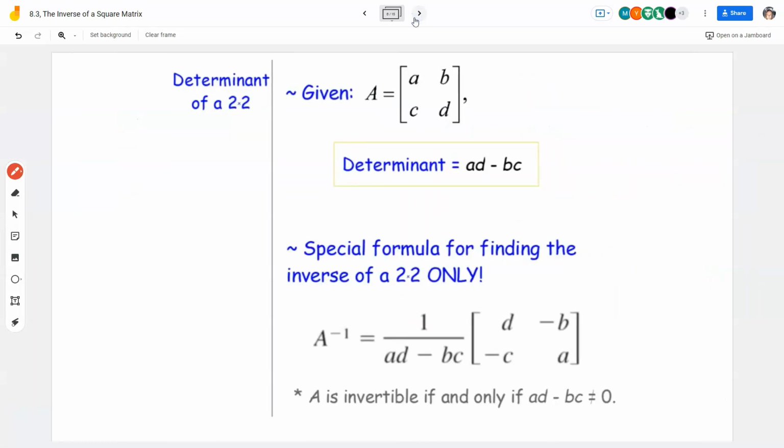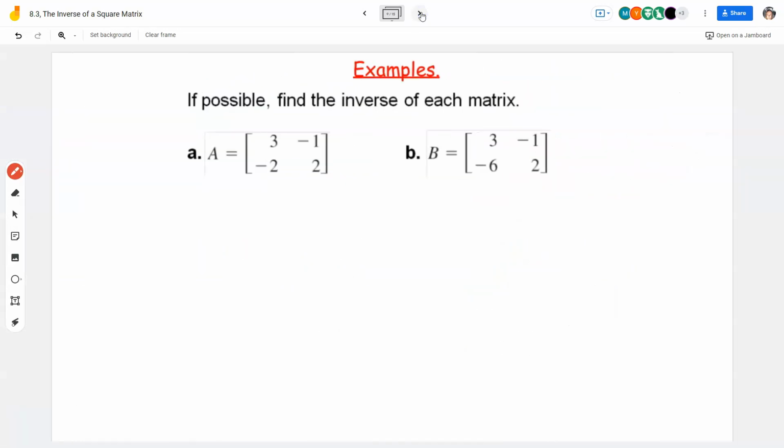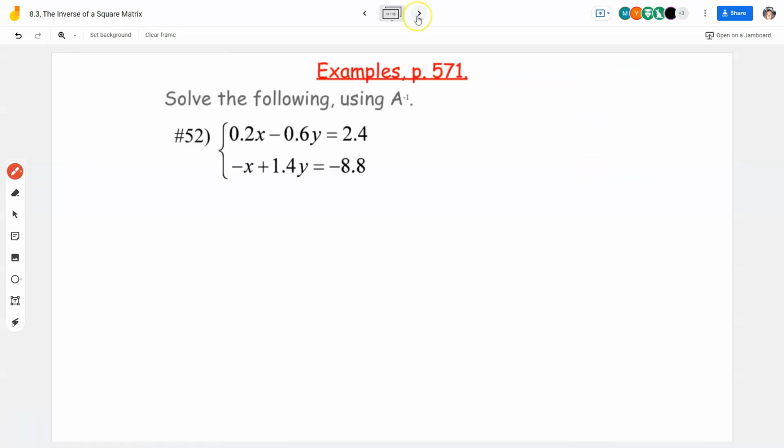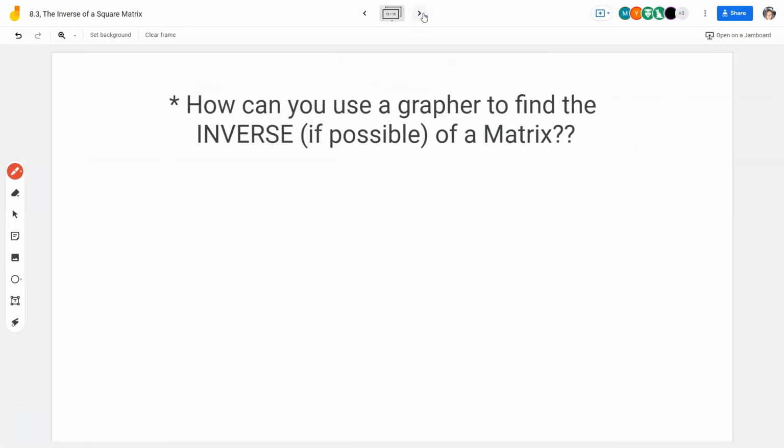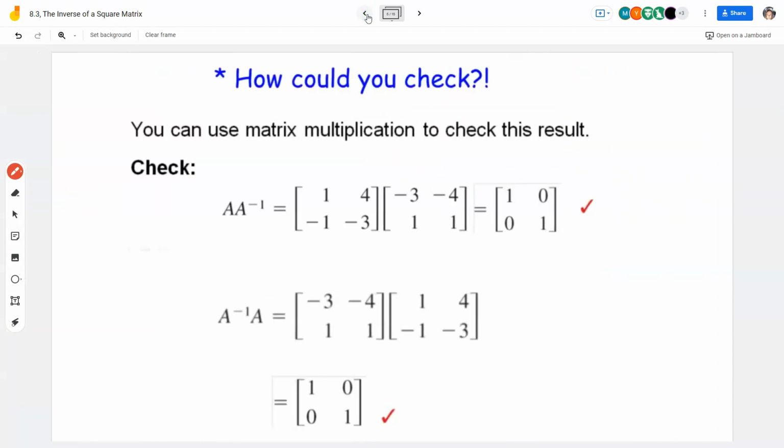Oh, that's a boring one. That's a boring one. That's a boring one. Where's an exciting one? That's a boring one. Do you guys only have 2x2s this entire section? Oh. I love